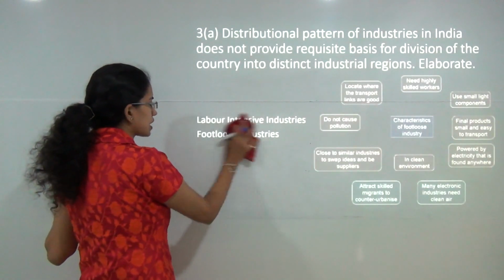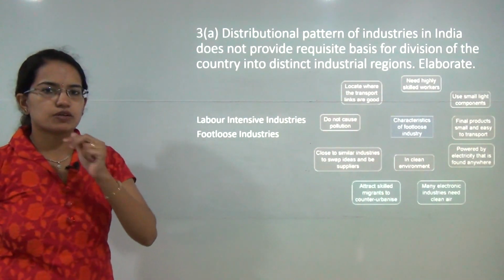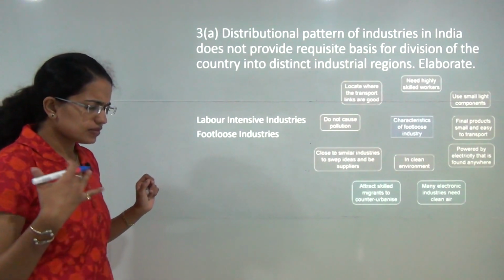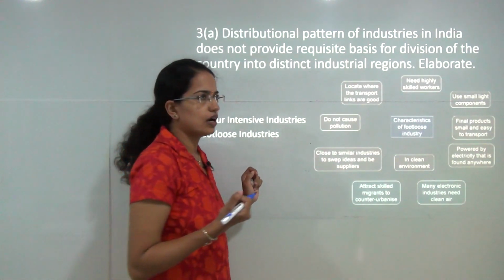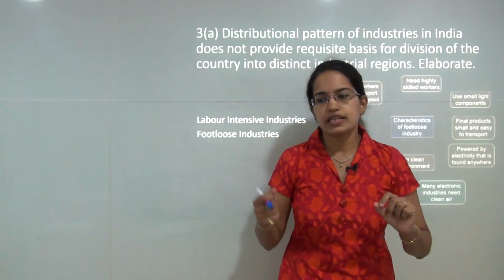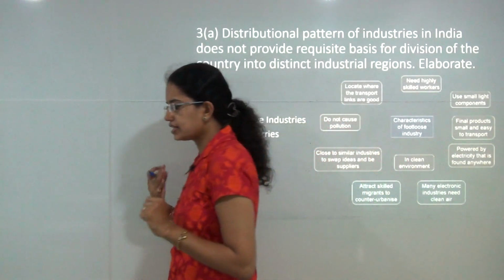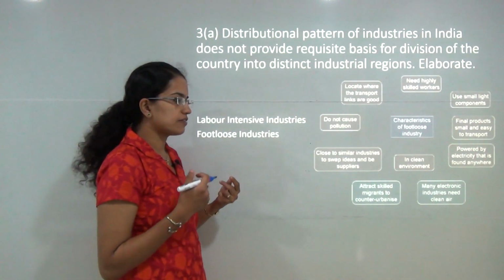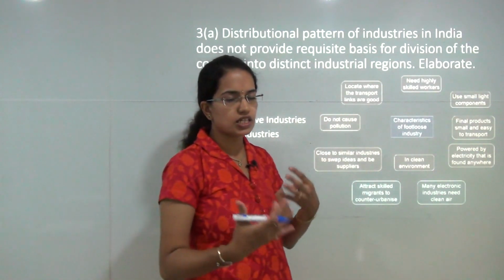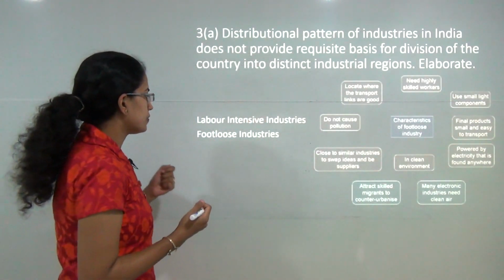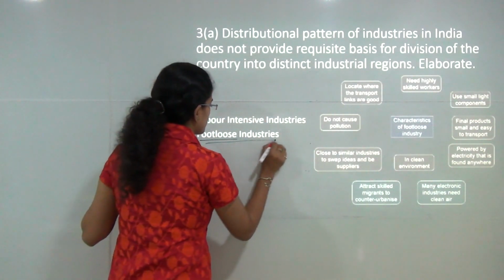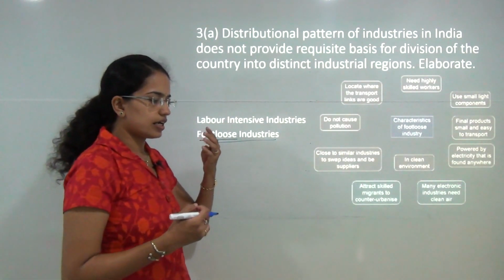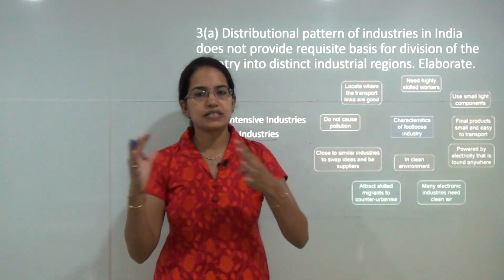The next question is a very interesting question which requires critical understanding. What is important to understand here is that previously, when we talked about industrial development, we said there are industrial regions or industrial centers that exist in India. However, now the trend has been changing, and there is development of footloose industry, for example the software industry. You do not need a specific raw material or specific finished product.